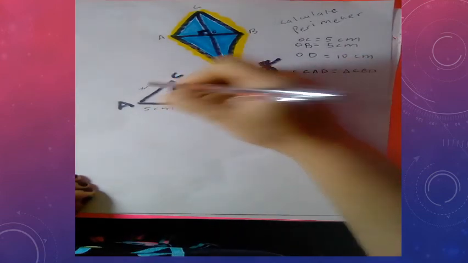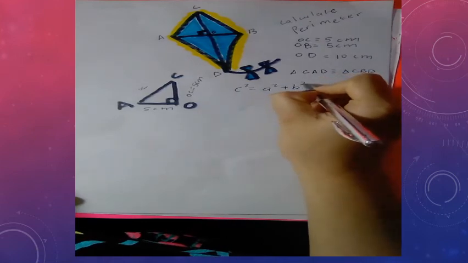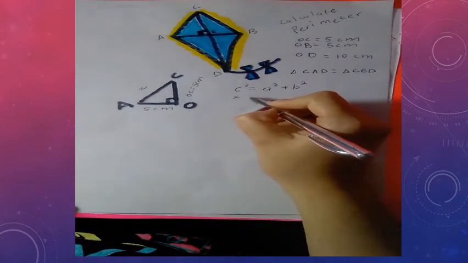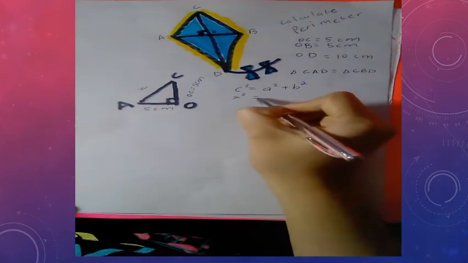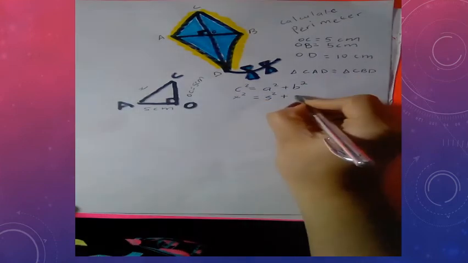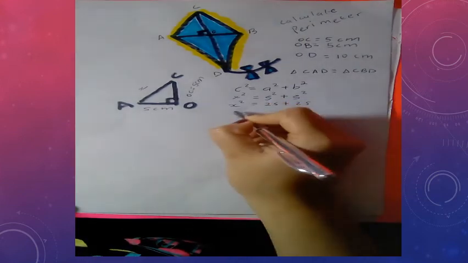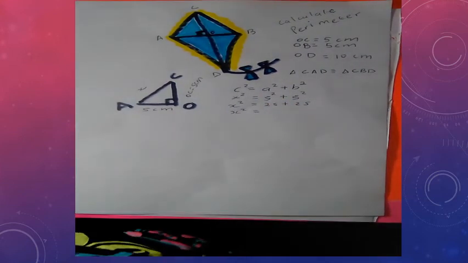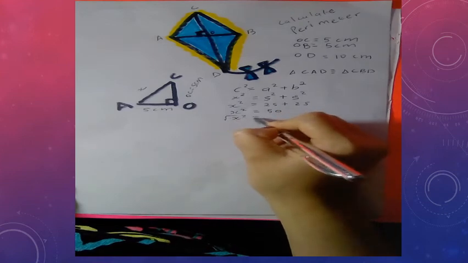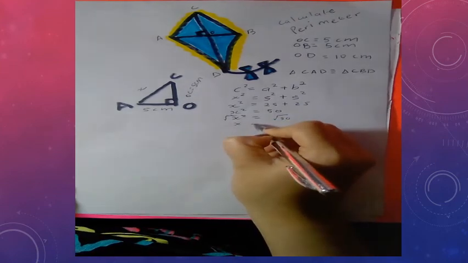So let's call this X. The formula for Pythagoras: C squared equals A squared plus B squared. So C squared in this case is AC, or X, squared, and A squared is one of the sides, which is 5 squared, and the other side, 5 squared. So we've got 25 plus 25 is equal to X squared. Therefore X squared is equal to 50. So in order to isolate X, we need to take the square root of both sides to cancel out the exponent. So therefore the value of X is